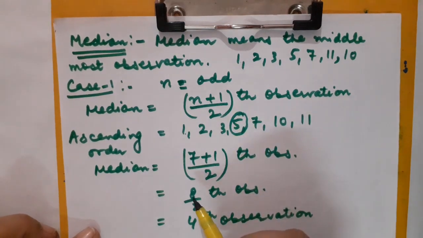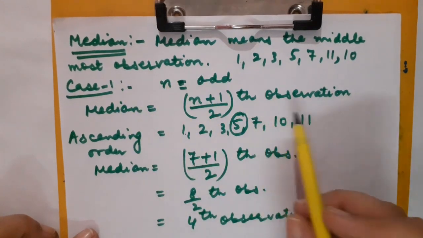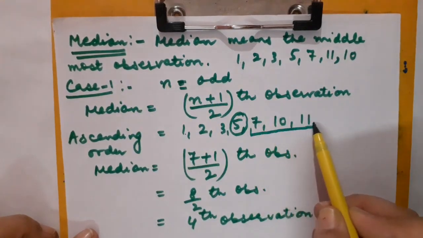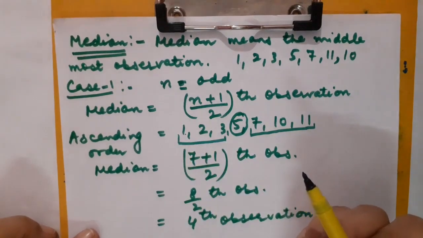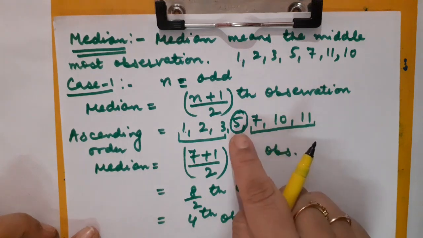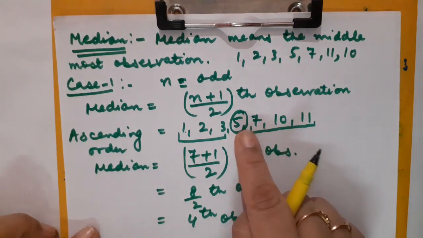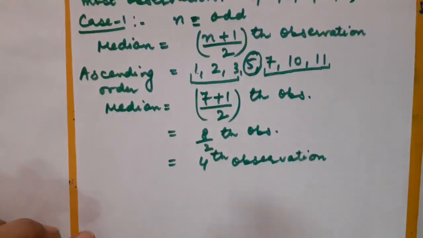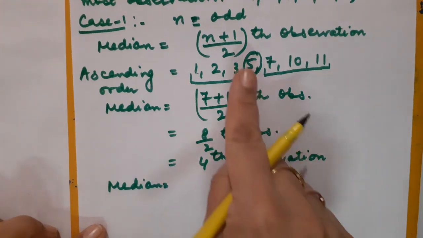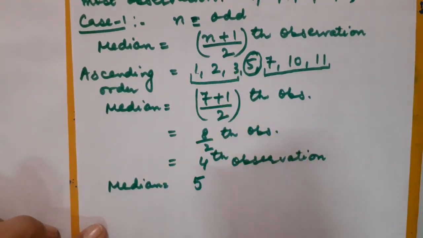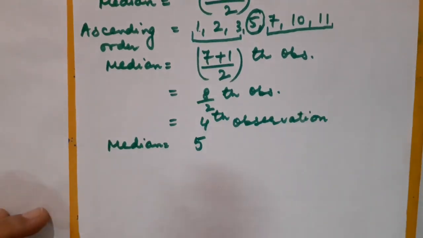Let us verify. As I have specified that median is nothing but the middlemost observation. So children, you just see. On right hand side also 3 observations are left, and on left hand side also 3 observations are left. So we can say that fifth one is the middlemost observation. Correct? So what will be the answer in this case? Median will be equal to 5. The fourth observation is the middle one, but median is 5. Correct? Now let us further proceed.